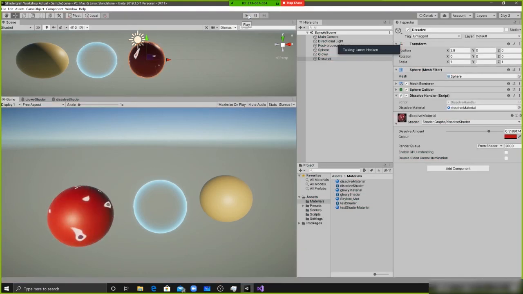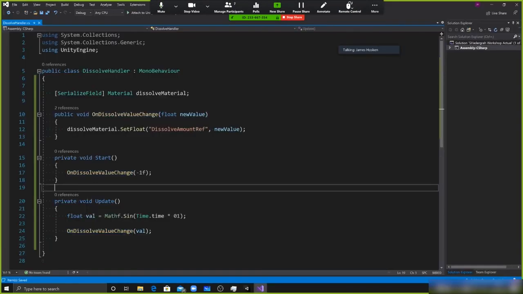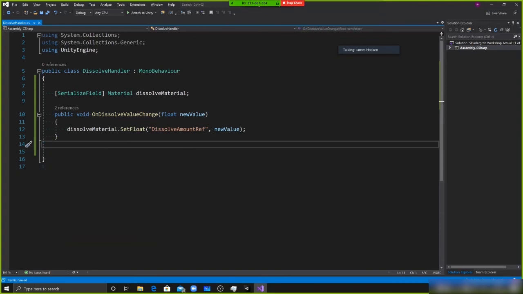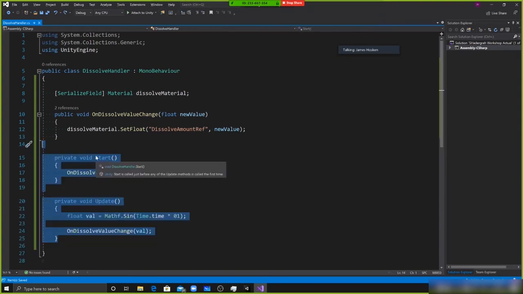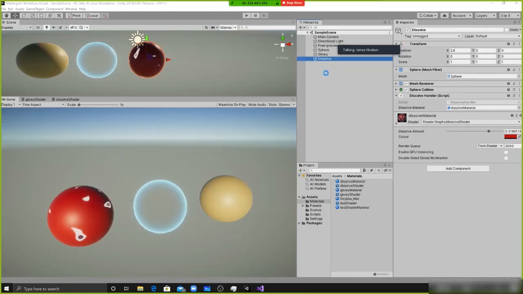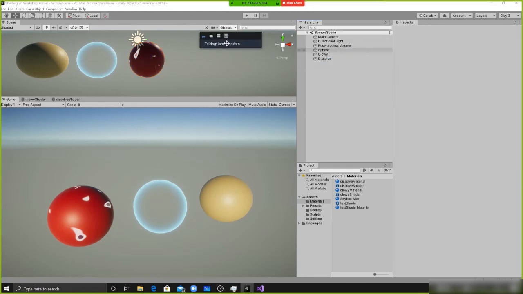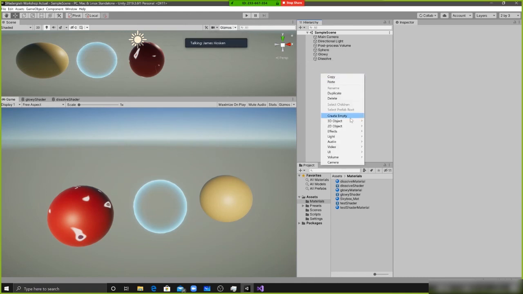In the example project that's on GitHub, what I did is, instead of changing this by script, and I'll just mention this so that you know it's possible, instead of changing the value by script, I set it using a user interface slider. And it's actually pretty simple to do that, so maybe we can do that in the last 3 minutes. If you create a UI slider,